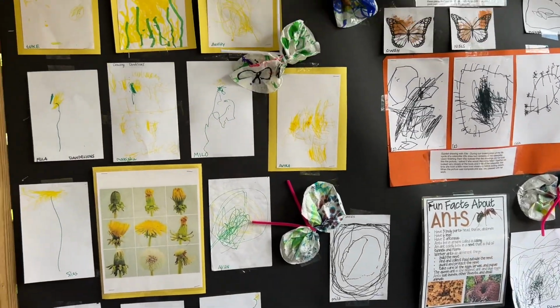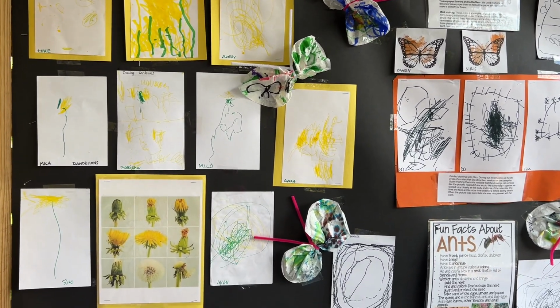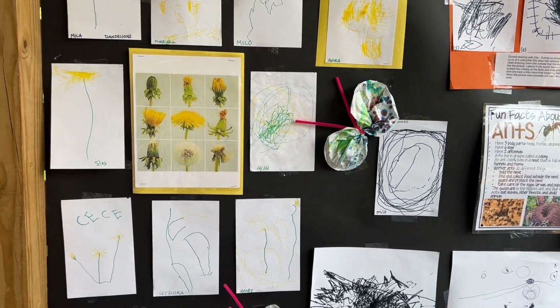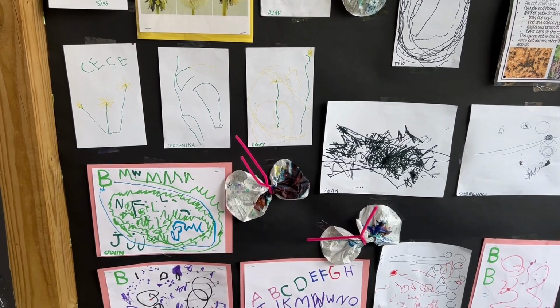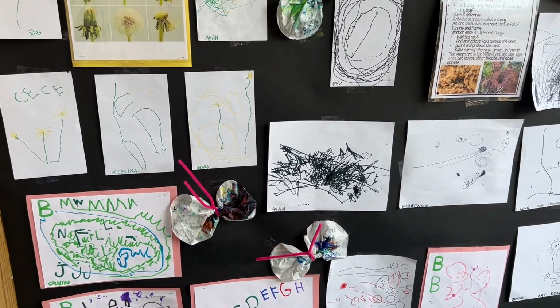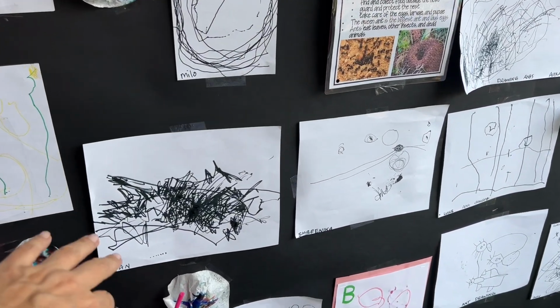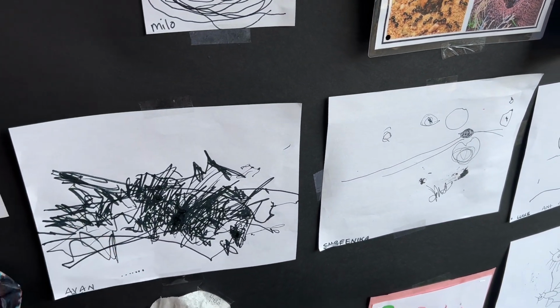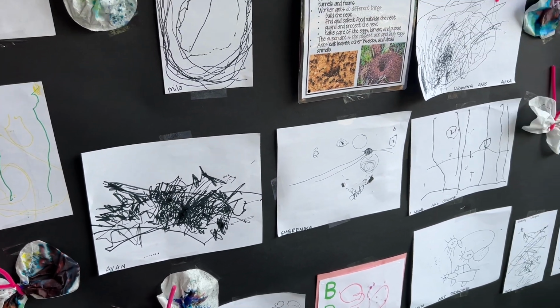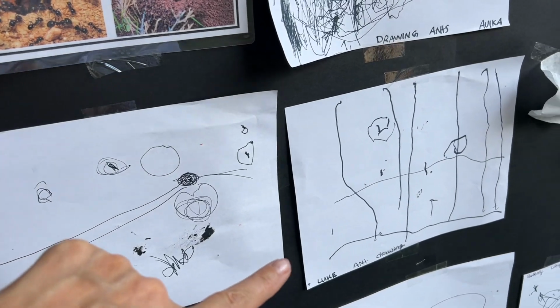Okay, so over here, this is where we have some illustrations of our different kinds of writing activities, and this is where we were talking with our parents about how important it is to understand context when it comes to the artwork that the children are bringing home. So for instance, if you were to see this, then you might think that that was just a bunch of scribbles and unintentional, when in reality this drawing and all of the drawings that are down here along with it